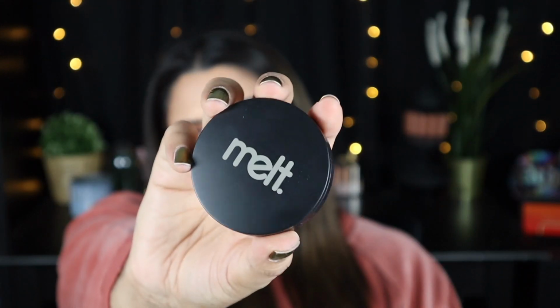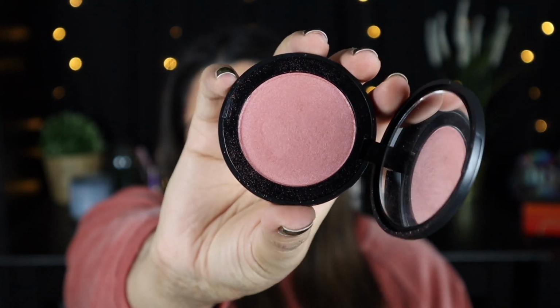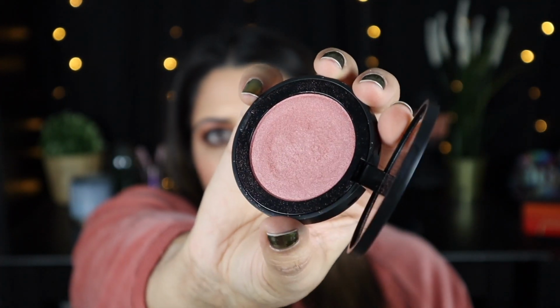And then another blush that I have from Melt. This is their Blush Light in Nevermore. I love that I can actually show you guys some close-ups now. So there is the shade. It does have a little bit of shine to it. It's kind of like a highlighting blush. I did grab a mini trio